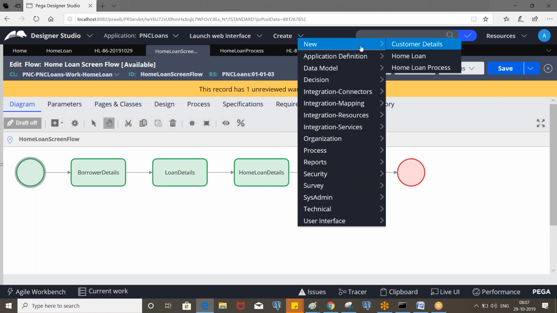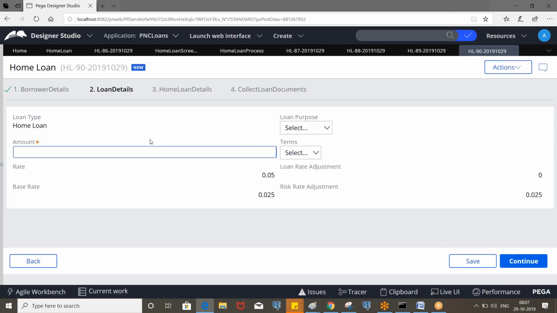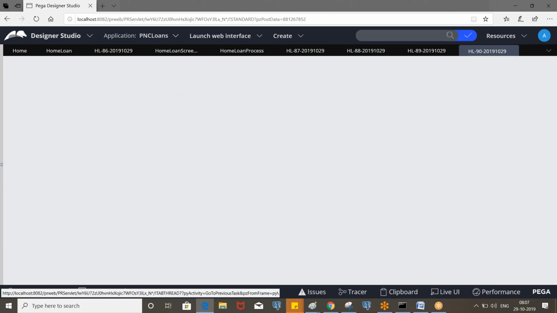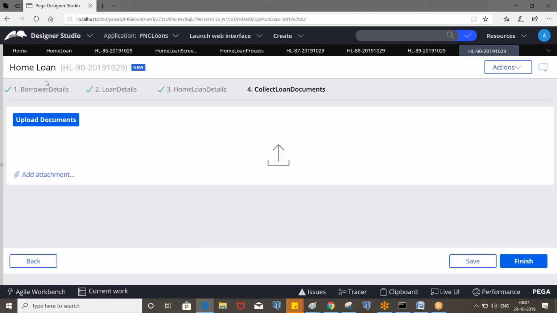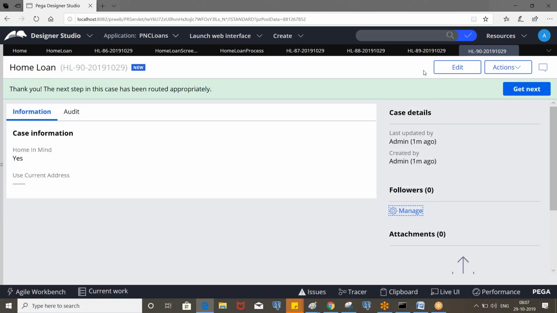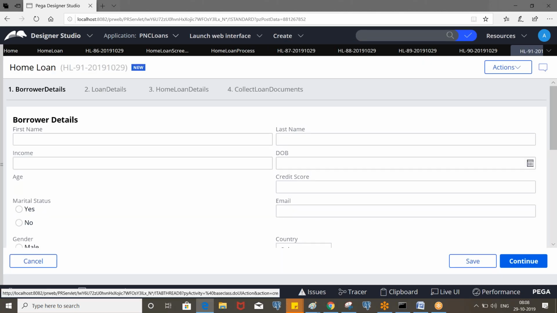So now see, earlier while executing, if there are any mandatory fields, it was not allowing, right? Now we have a mandatory field here. Without entering that also, you will be able to move from one screen to another screen. Okay, but here in the last screen, it should list out all the errors, but it is not happening. But in another type of screen flows, it does actually.